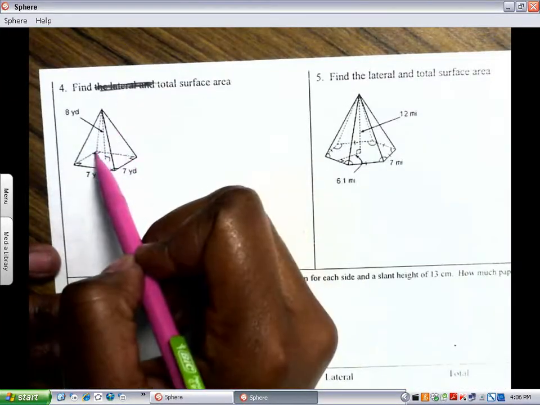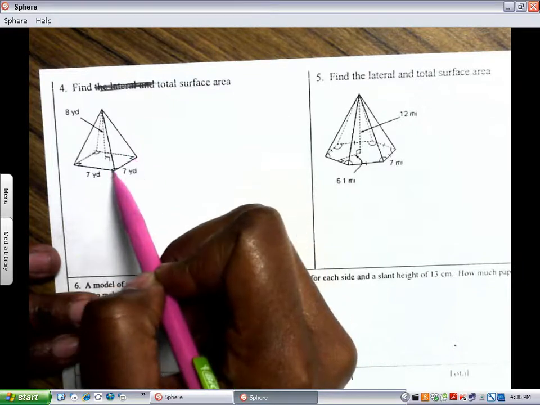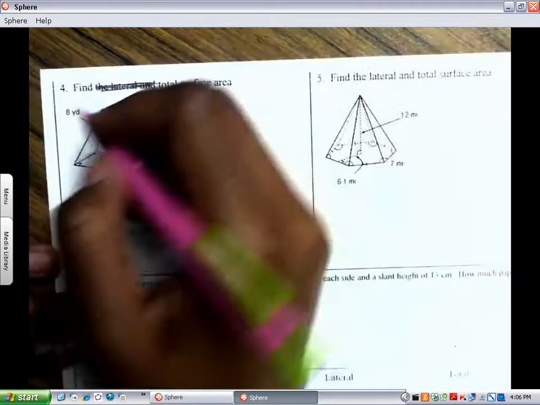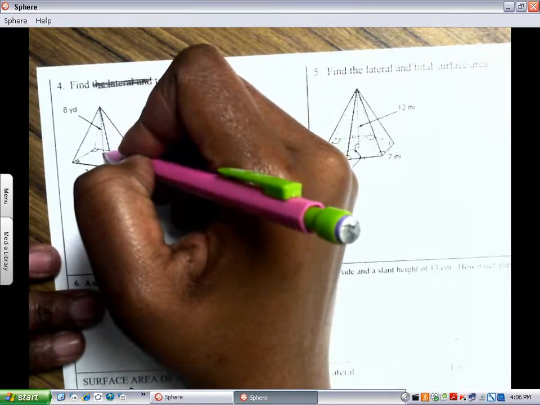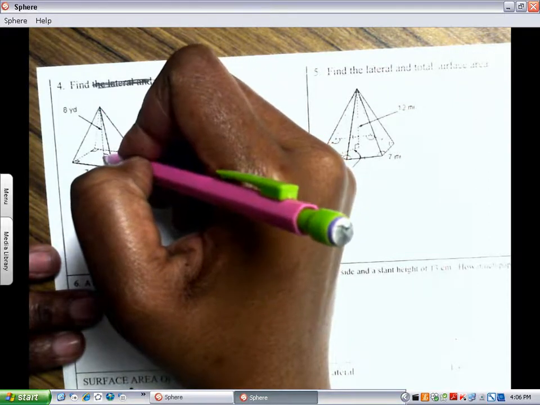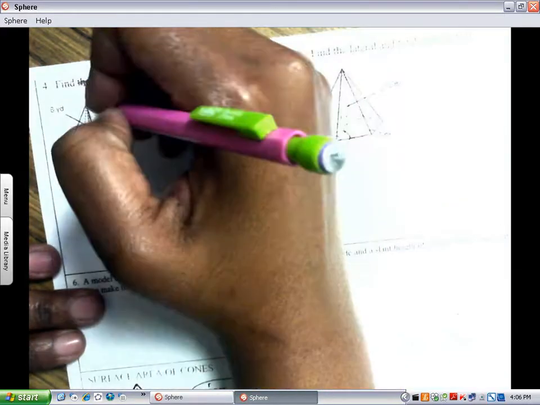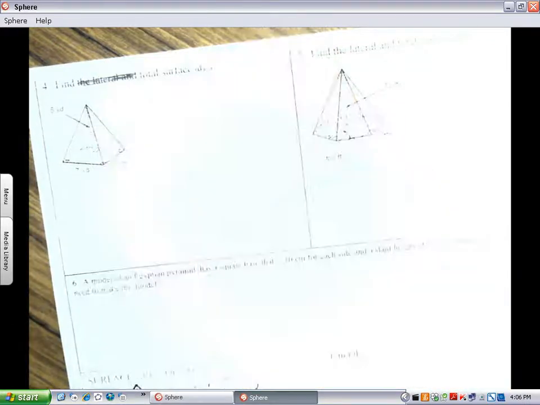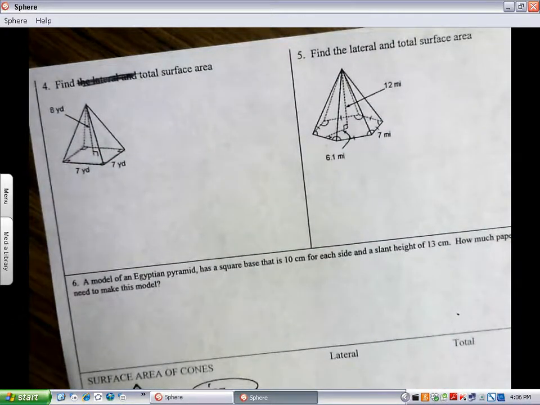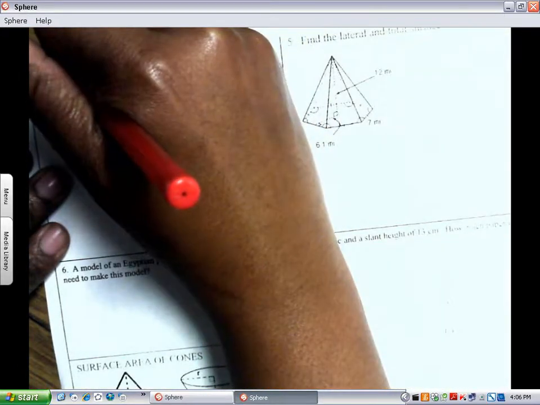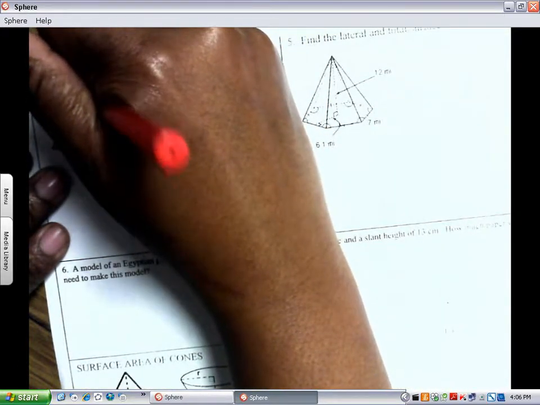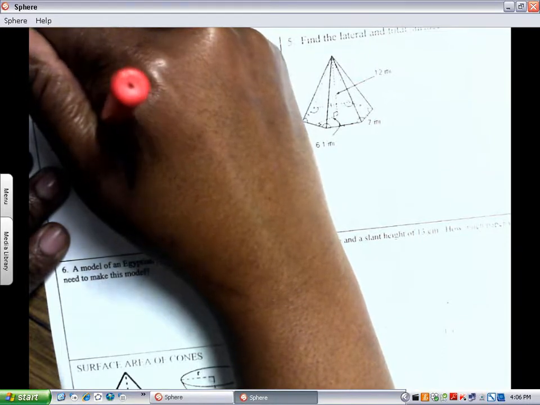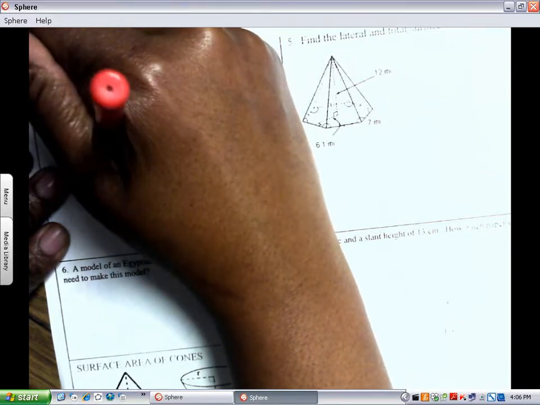So if we look at our pyramid, we know the base is a square, all the sides are 7. We know the actual height of the pyramid from the top straight down to the bottom is 8, but we don't have our slant height. And I'm going to use a little red pen to highlight it. We don't know this slanted height, right? And we have to have it in order to do the surface area. So what